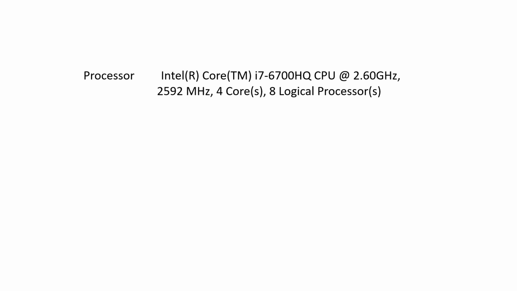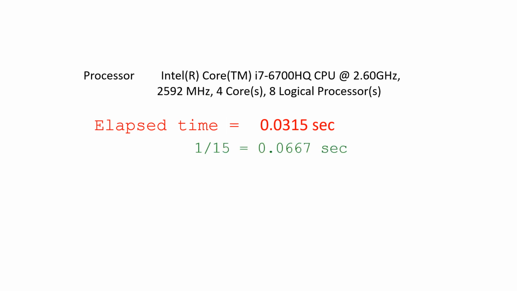That's the speed of the processor, and it's not a top-notch computer system. The elapsed time is 0.0315 per frame. And remember, we need it to be less than 0.0667, so it's able